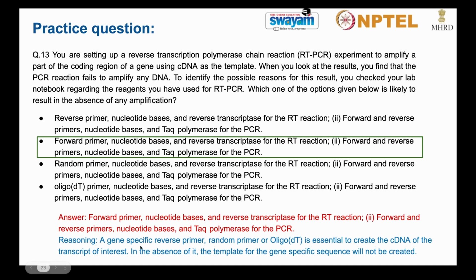Here it is written that a gene specific reverse primer, random primer or oligo-dT is very essential to create the cDNA of the transcript of interest, and in the absence of it, the template for the gene specific sequence will not be created. So you must remember that if you want to amplify a part of the coding region of a gene using the cDNA as the template, then cDNA is formed from